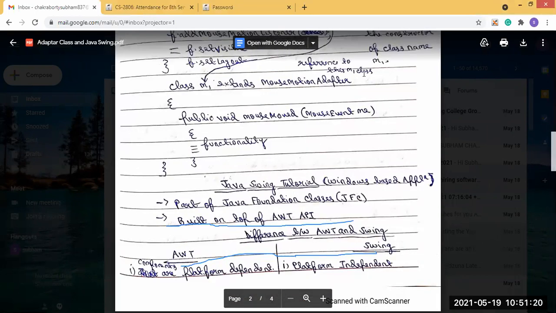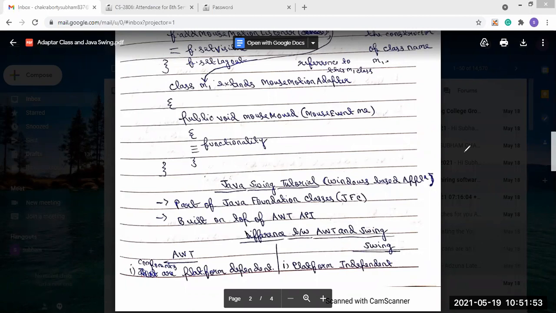Now we will start a new topic, that is Java Swing. Java Swing tutorial. Java Swing is also used for Windows-based applications, and it is part of the Java Foundation Classes.